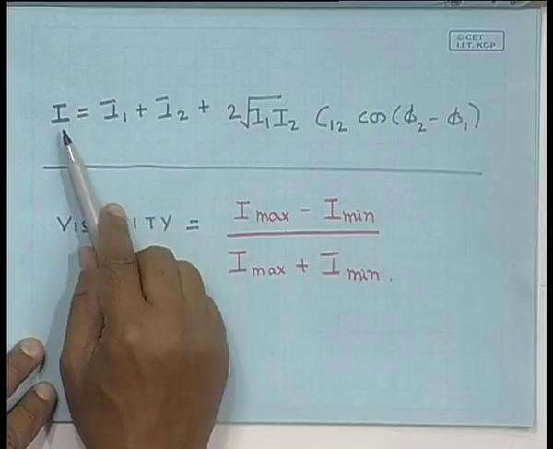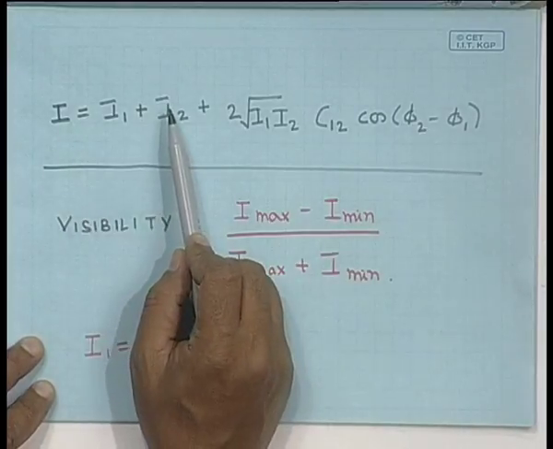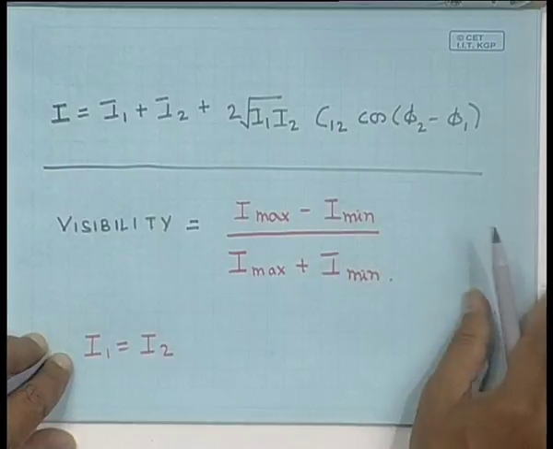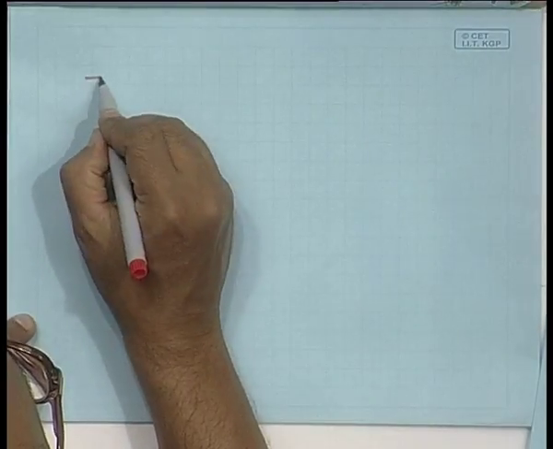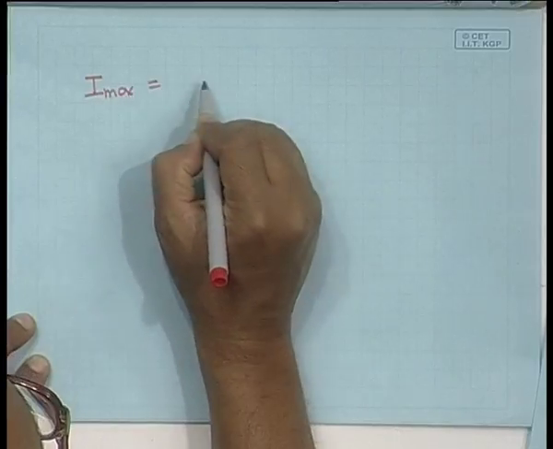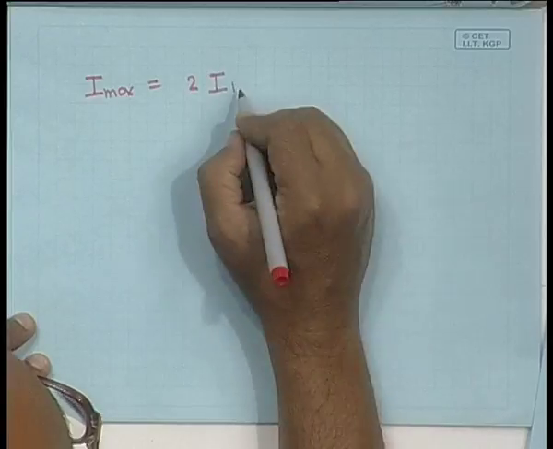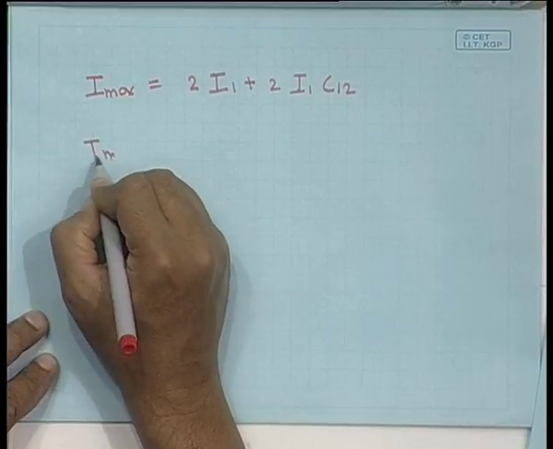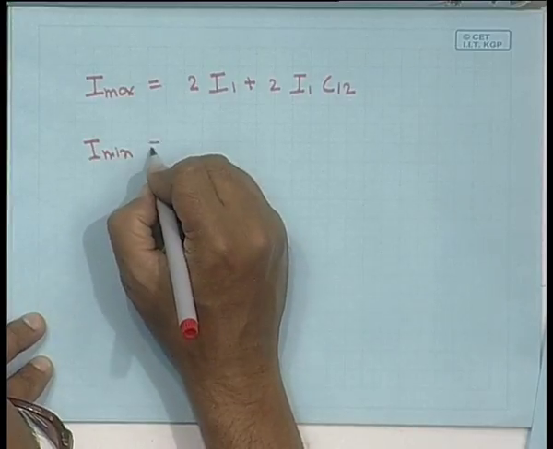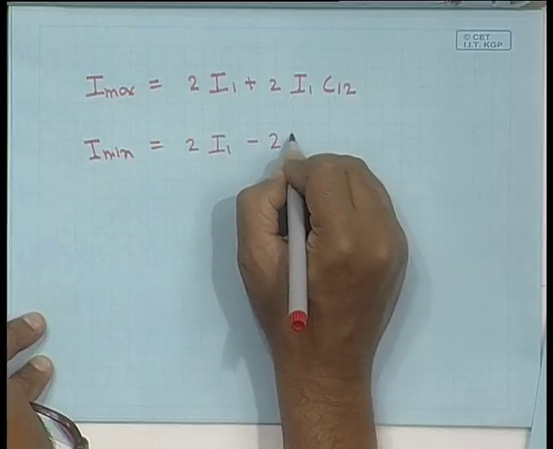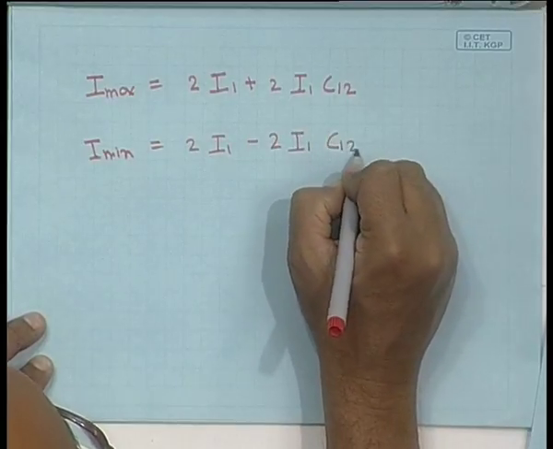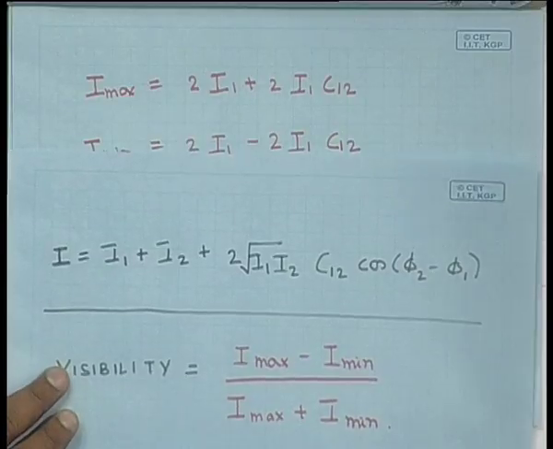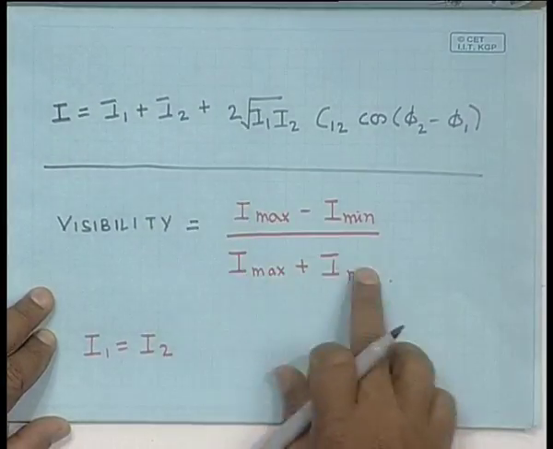So, in such a situation, the maximum intensity that you have is 2 I1 plus 2 I1 into C12. So, I max, the maximum intensity. The minimum intensity is when the cosine term is minus 1. So, this will be 2 I1 minus 2 I1 C12. We have assumed that I1 and I2 are the same, and we have calculated the maximum and the minimum intensity. Using this over here in the expression for the visibility,